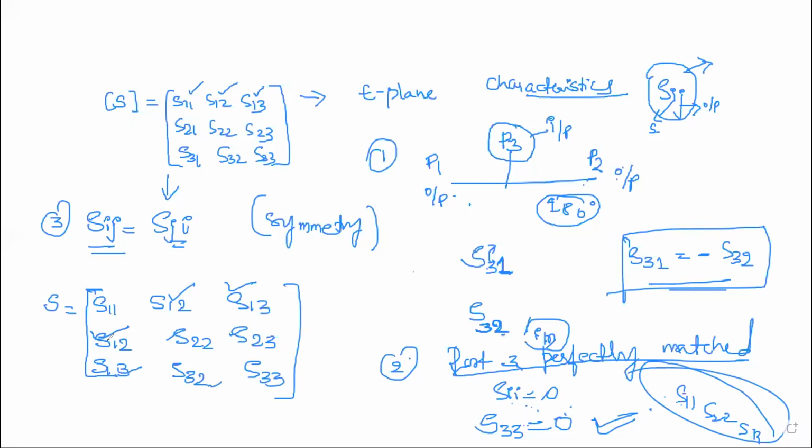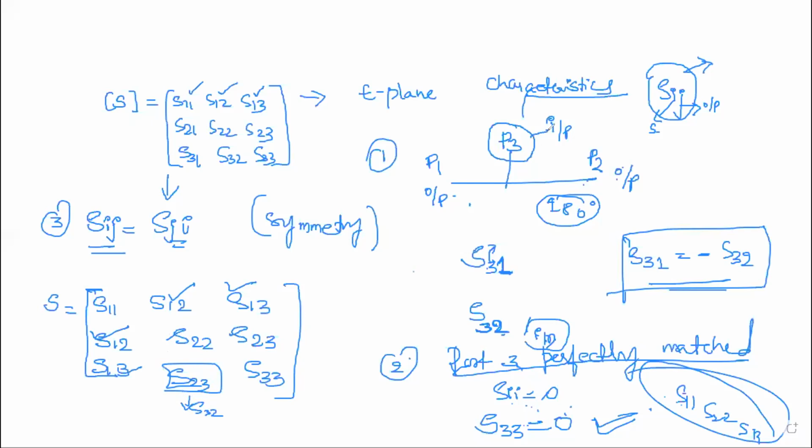T2 can be written as S23. Yes, you can write it. This also can be written as S23. But again, we will be finding out the value for this, that is your S23. So this value will be changing based on the expression you get when we do the derivation. So this is how you write the three characteristics based on the properties.